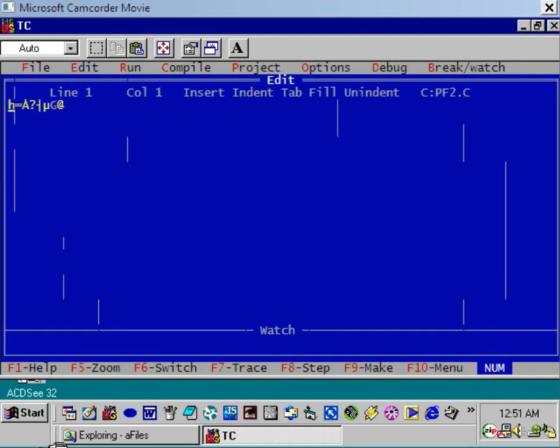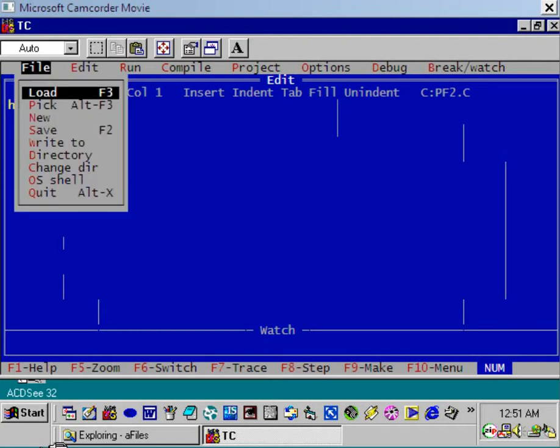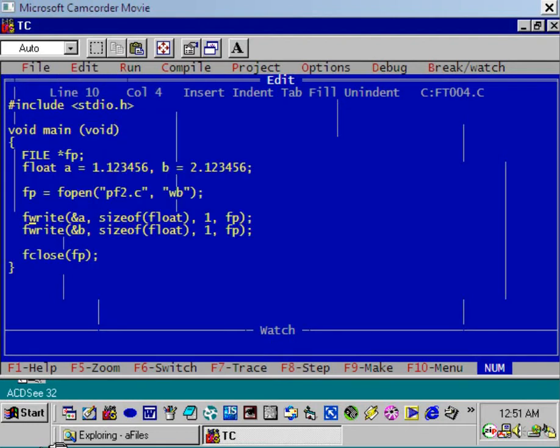We cannot watch the values inside pf2.c because we have stored the values of a and b using binary mode. Is it clear? We have opened the file for writing in binary mode, and that is why values are stored inside pf2.c in a binary notation. That is exactly the internal notation of a and b.